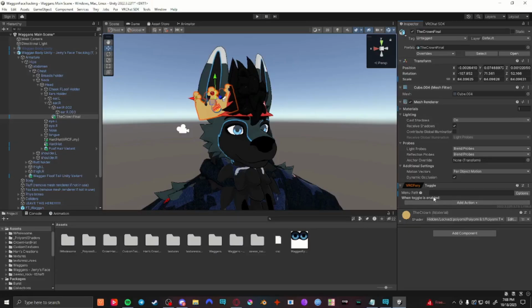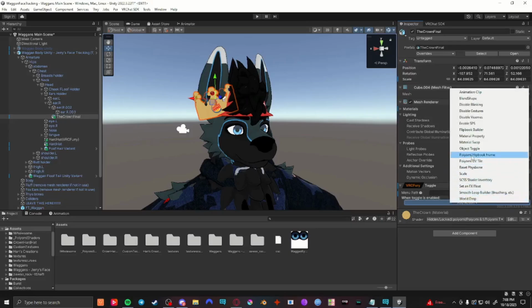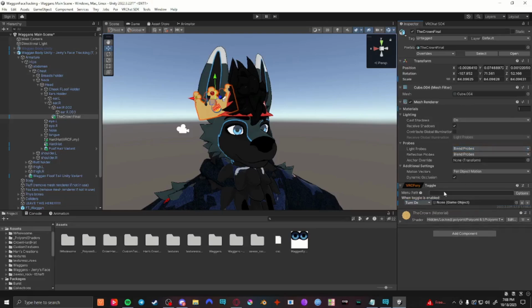Continuing on, we're going to go here and do Add Action. Now there are several options in here, but in this version in the middle, Object Toggle is the one you're going to want to select. And now we're going to want to select the object we want to toggle on and off. And I'm going to click and grab it over here from the hierarchy and drag it into this box under